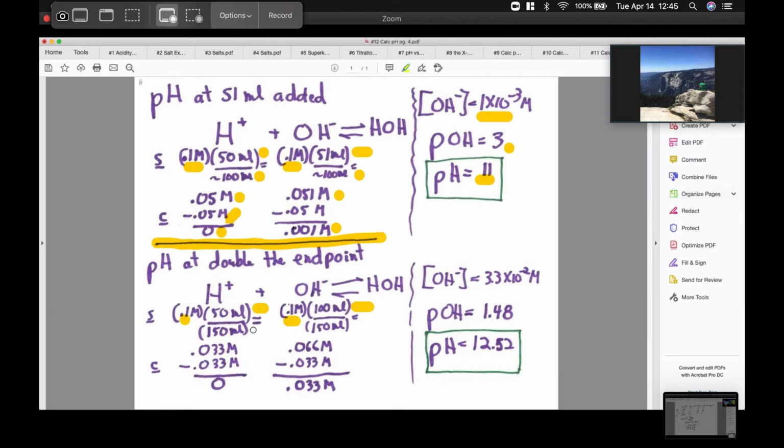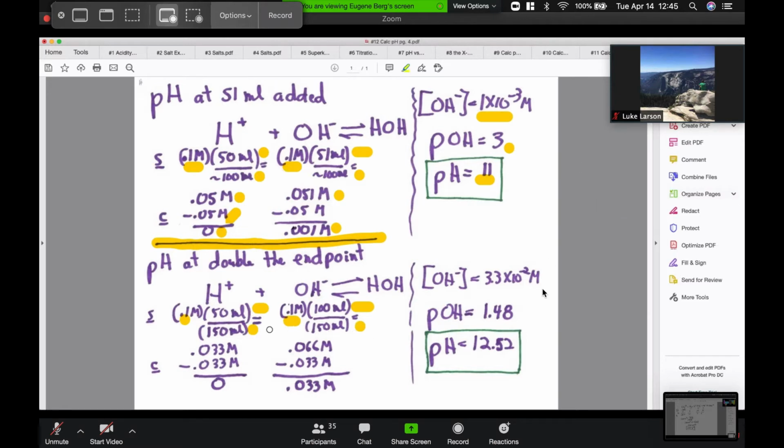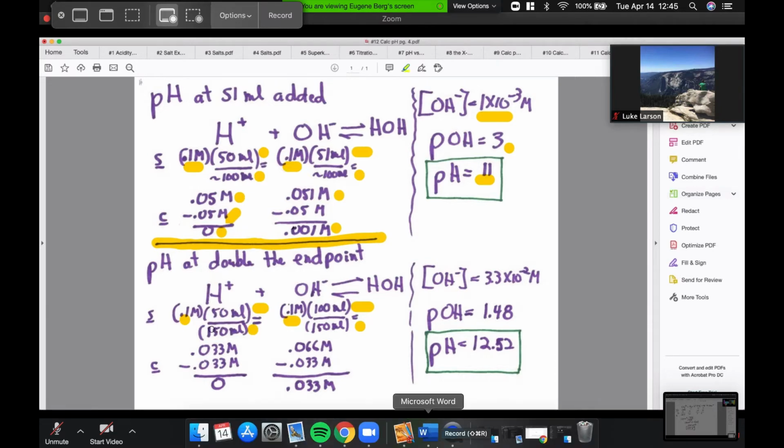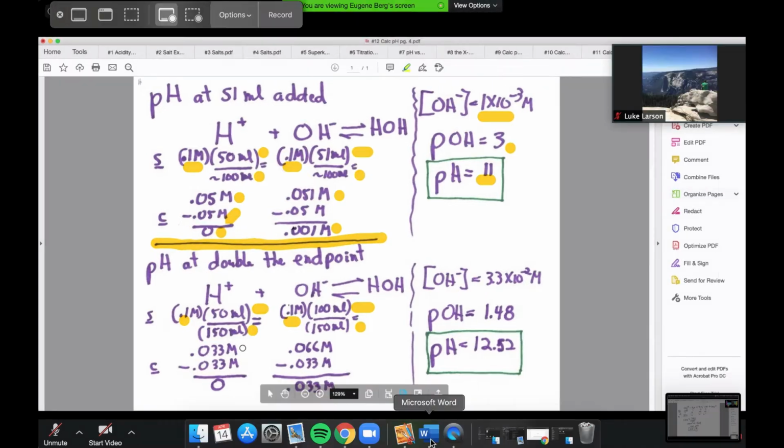So look at the dilution factor in both cases. In the case of the acid, the diluted concentration would be 50 over 150, which is 1/3. 1/3 of 0.1 is 0.033, and 2/3 for the hydroxide, 0.066. Okay, so in the complete